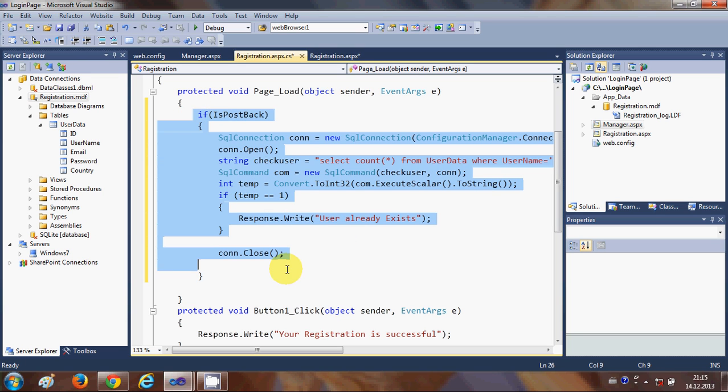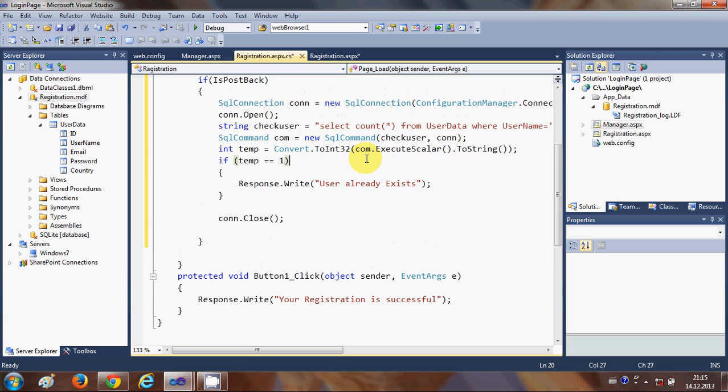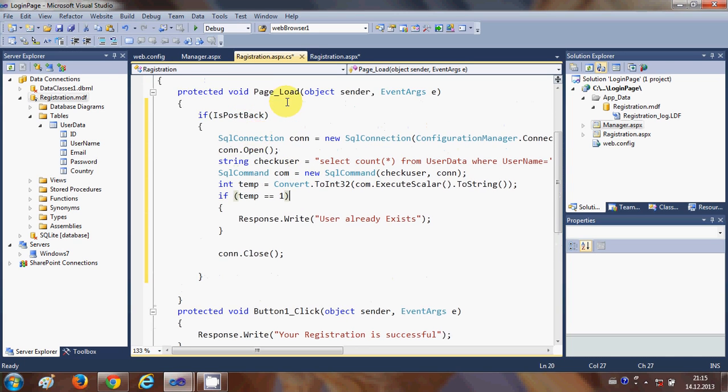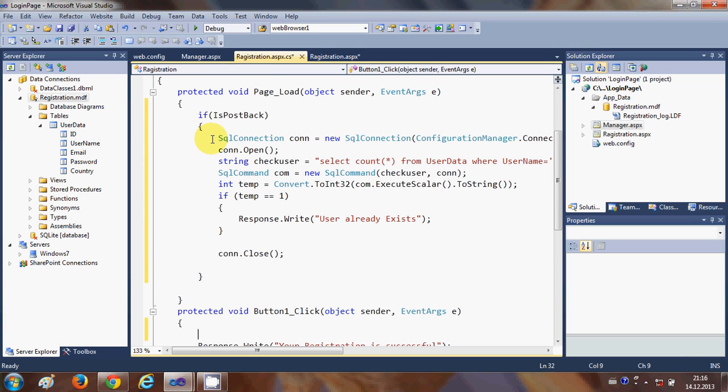Okay, so all this code will check if the user already exists or not, and if it exists already, then it will show the message that user already exists and you cannot save the new user with the same username. Now this is in the page load function. Okay, remember that. And in the button click event here, which is for the submit button click event, I